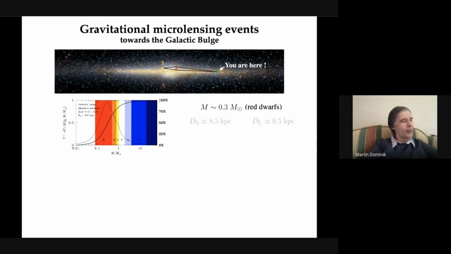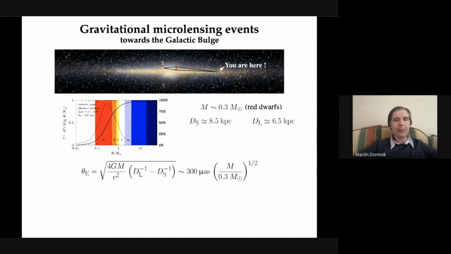Moreover, a source star in the dense stellar field of the galactic bulge, located a bit behind the galactic center, is at about 8.5 kiloparsec distance, while a typical lens star can be found at 6.5 kiloparsec distance. Consequently, for an M-dwarf lens star with 0.3 solar masses, the angular Einstein radius is around 300 microarc seconds. That is far too small for resolving the images. 300 microarc seconds times 6.5 kiloparsec gives 2 AU as its physical size at the lens distance, which actually means that light rays deflected by a star face a good chance to further get close to a planet.